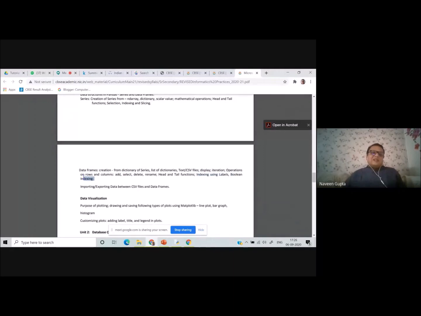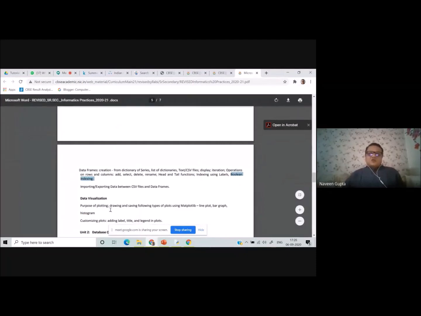Boolean indexing is basically used for getting a conditional-based result set. That is the most important part, where we are expecting more questions on Boolean indexing, so students should be aware of it.